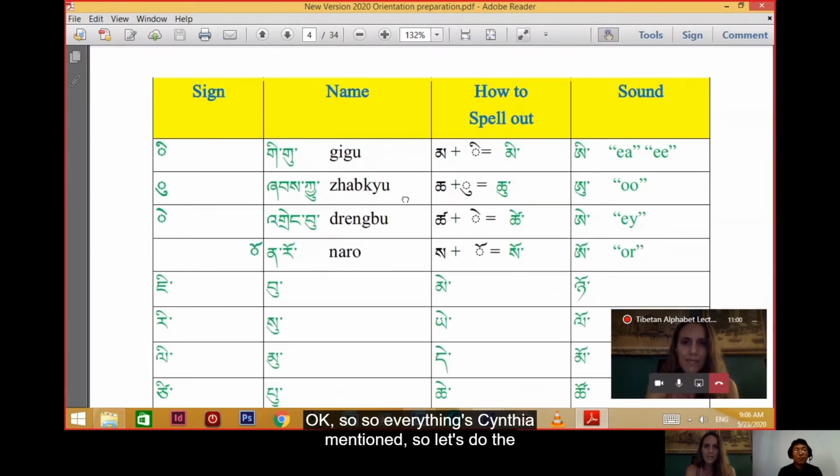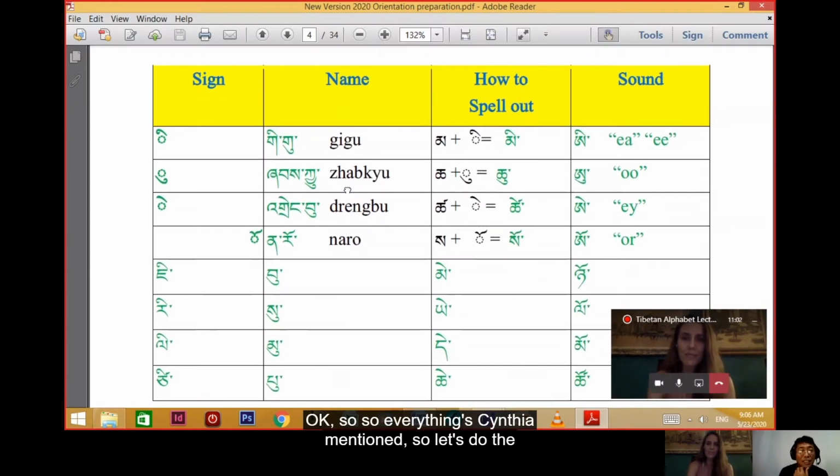Okay, so everything Cynthia mentioned. So let's do how to spell out and how the final result comes. In order to spell out, we need this. Just for spell out, we usually need only this sound, e, u, e, o, depending on the consonant. So let's do the kiku